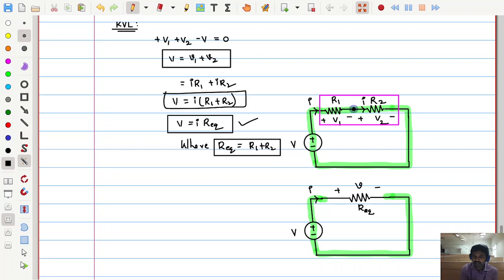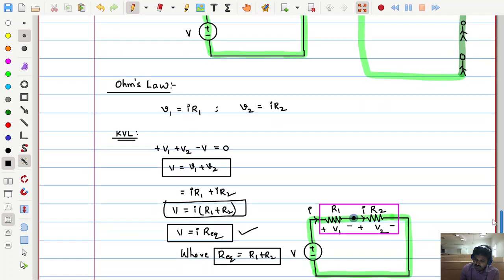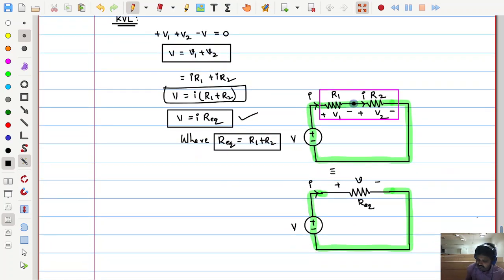If there are any other kind of connections, we will see what its equivalent is. But as of now, if two elements are in series, those two can be replaced with a single equivalent value Req. So these two circuits are similar and both are equivalently the same. This is the series connection concept: when elements are connected in series, the equivalent resistance is the sum of the resistor values.